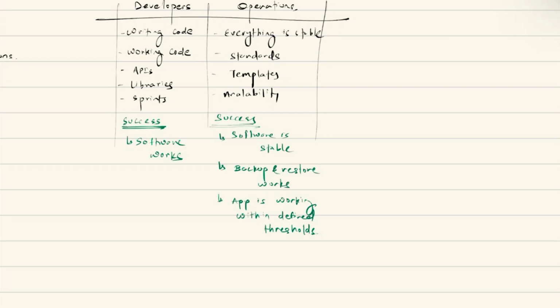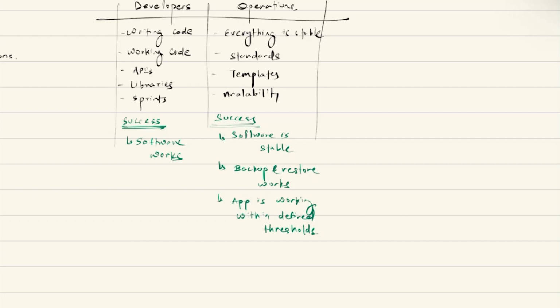Developers want to release new versions of applications and new products as fast as possible, whereas the operations team does not want that. Operations wants a reliable and stable environment. They do not want so many updates, right? That's a gap, a wall of confusion that you have.